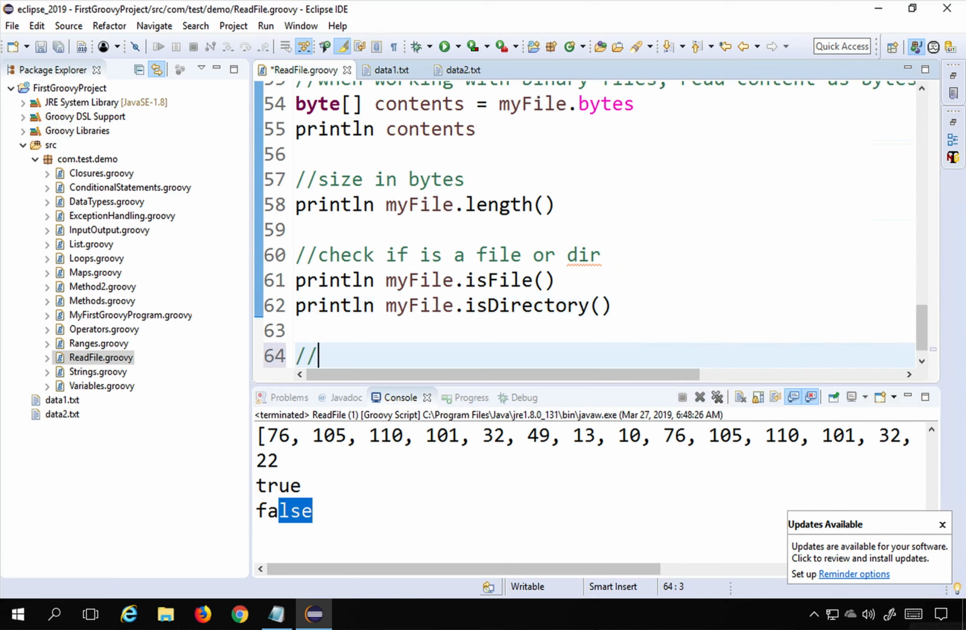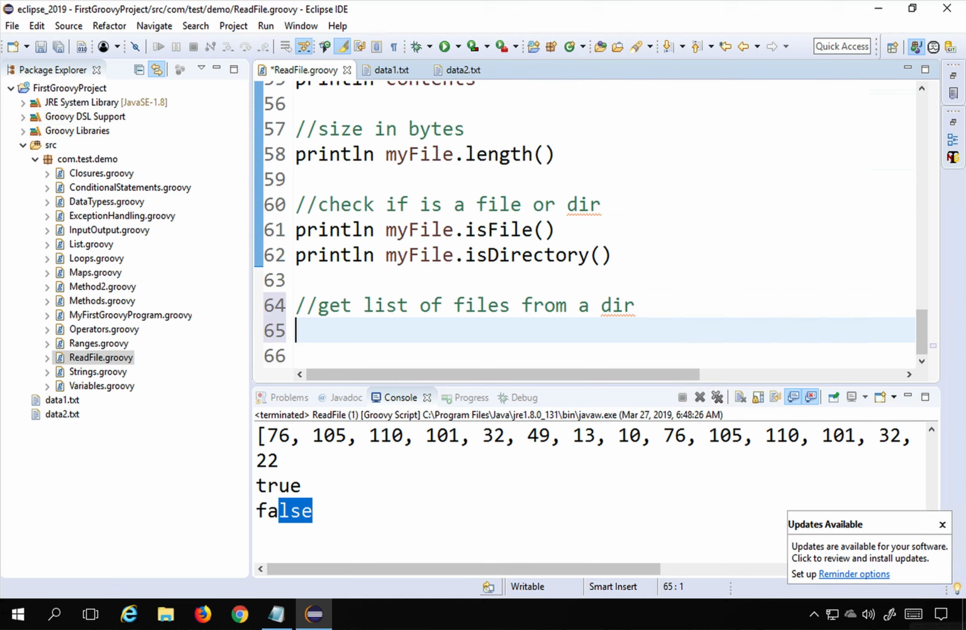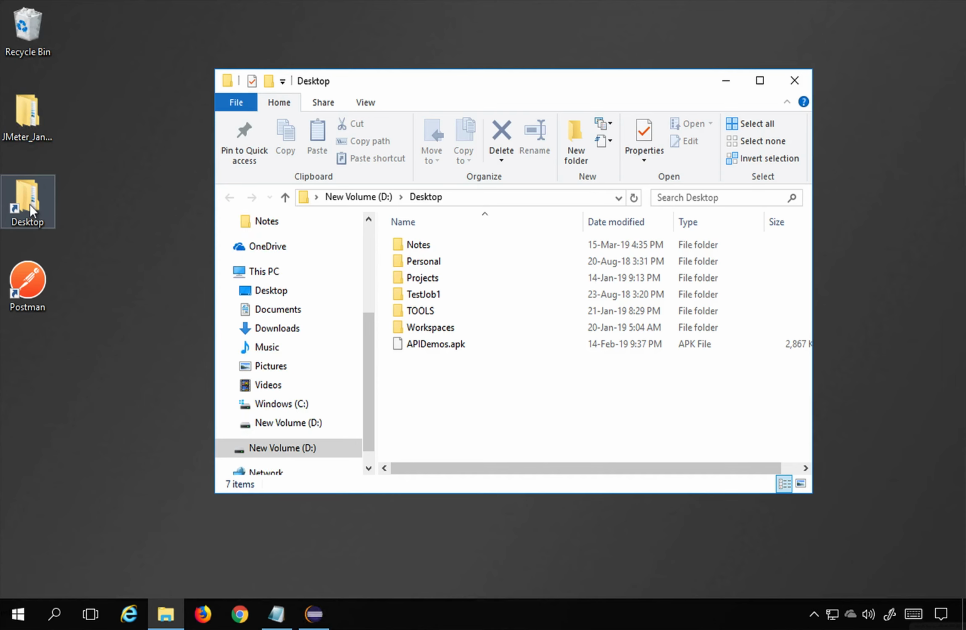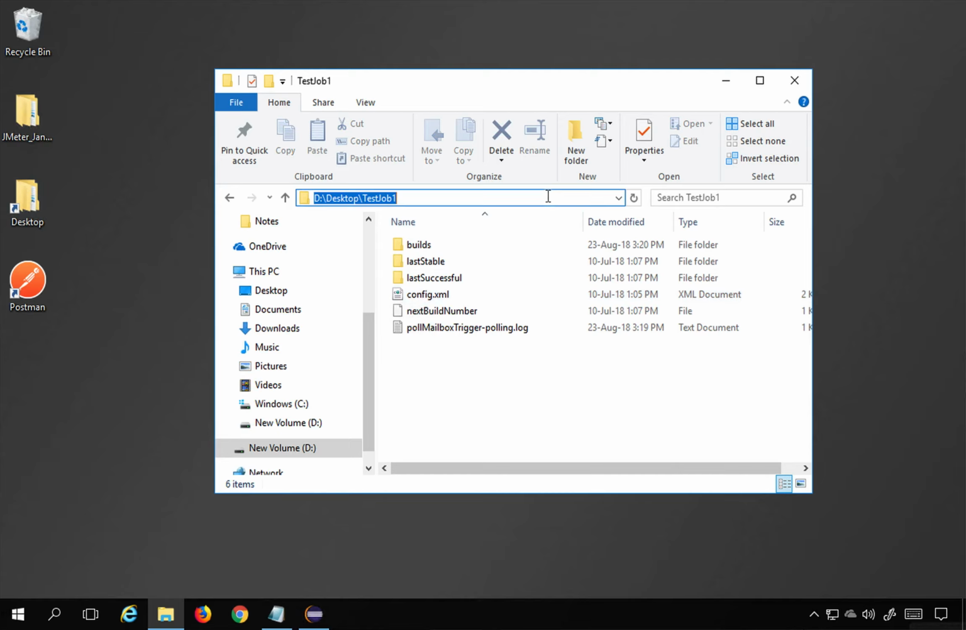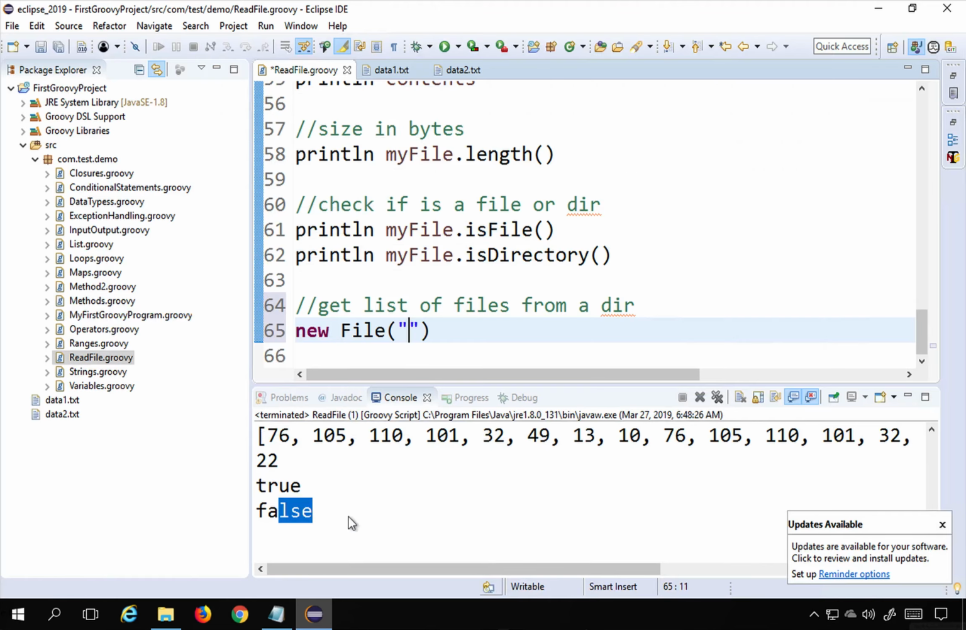And then if you want to get a list of files from a directory, you can also do that. So for that you can say new File, and then you can give the directory from where you want to get all the files. So for example, in my system, I will go to desktop, and let me go to this folder testjob1, and there are some files here. So I will copy the location and go to my Eclipse, and here give the location and convert the backslashes to forward slashes, and then I will say .eachFile and using a closure,